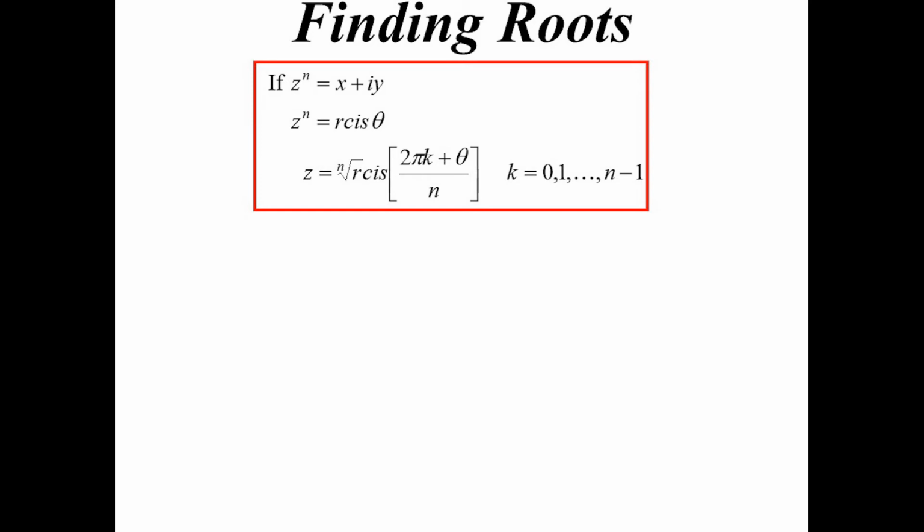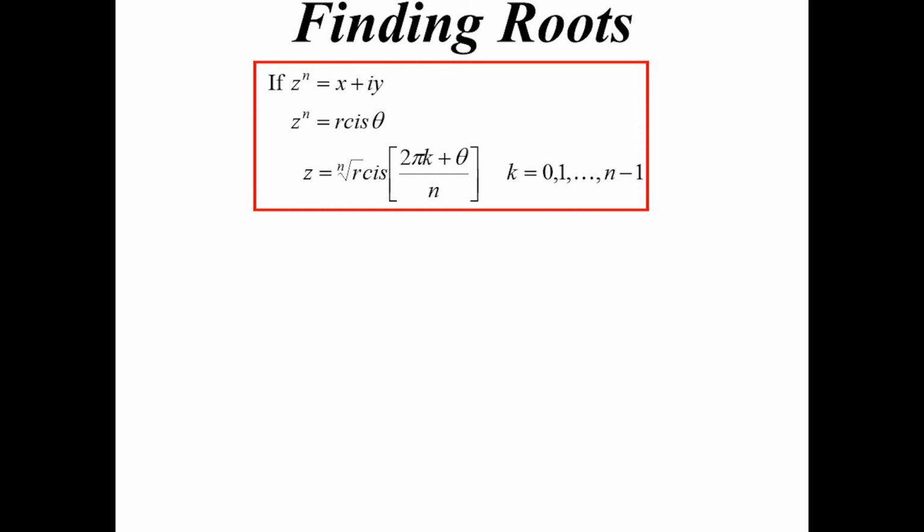But notice I've added in this 2 pi k on top, because when it comes to roots, we'll have the same number of roots as whatever the power is. So when you find the square root in complex numbers, we get 2 answers. Cube root, we get 3 answers, and so on. So this will generate all the solutions. And so k will equal 0, 1, and so on,